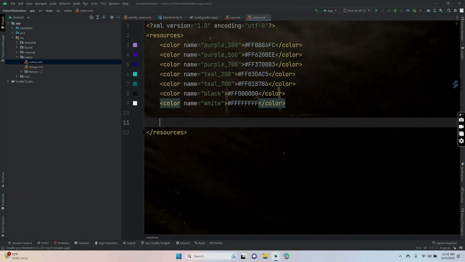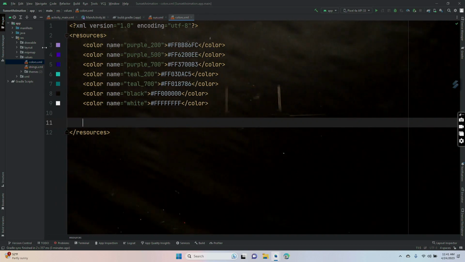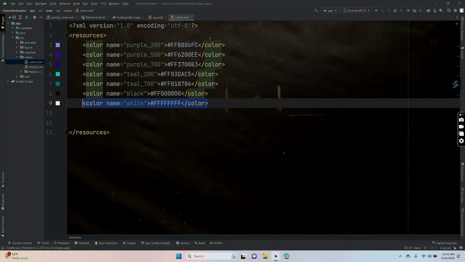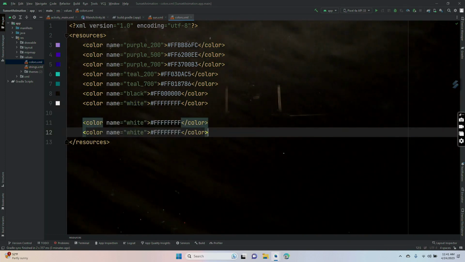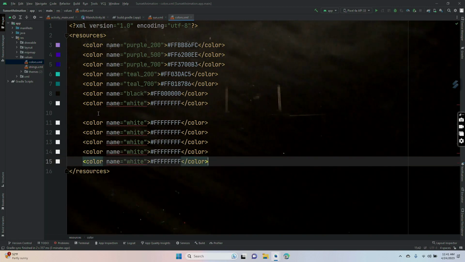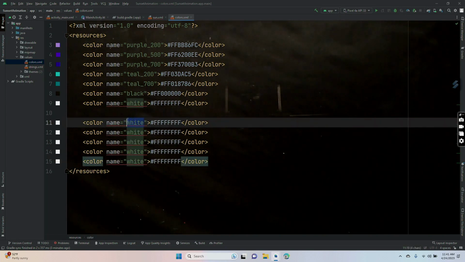Okay, so next up, we are going to go into our values folder and then into colors, and we are going to make a bunch of different colors. Here's where we picked our purple 200 from, and we see a neat little preview of that color right over there. So I'm just going to grab one of these and paste it a bunch of times. We're going to have 5 new colors. It's not going to like that I have them all called white, but I'll change them one at a time. Our first color is going to be bright sun, and we are going to change our hexadecimal code to FCFB